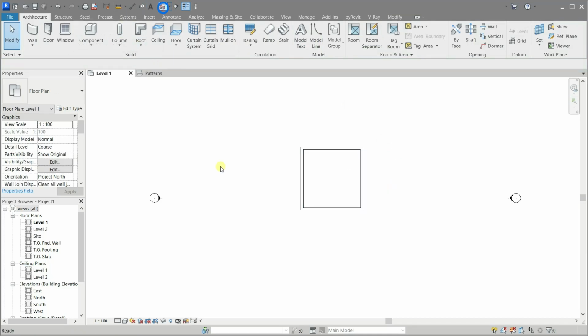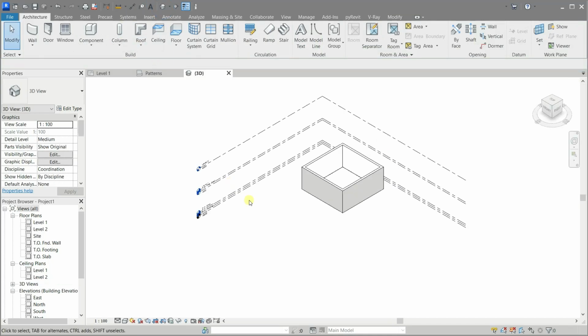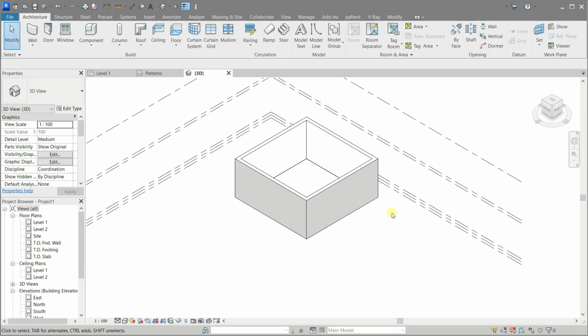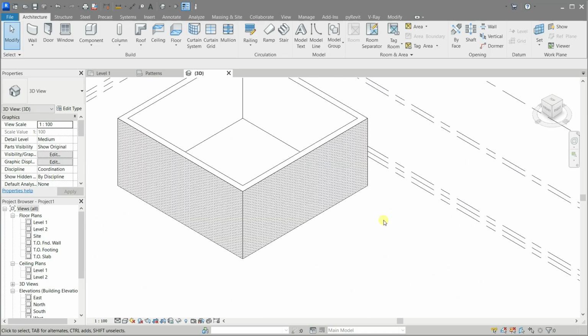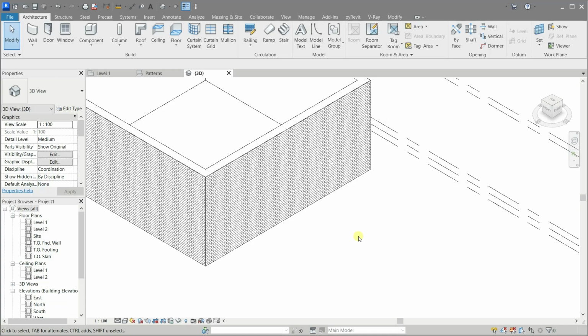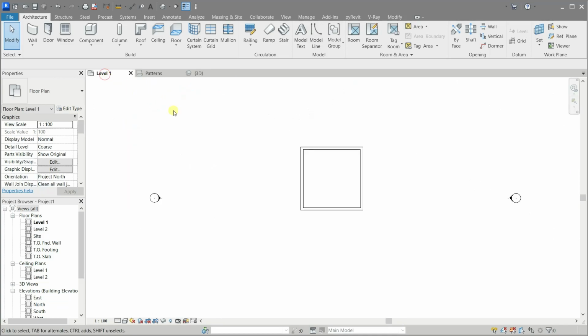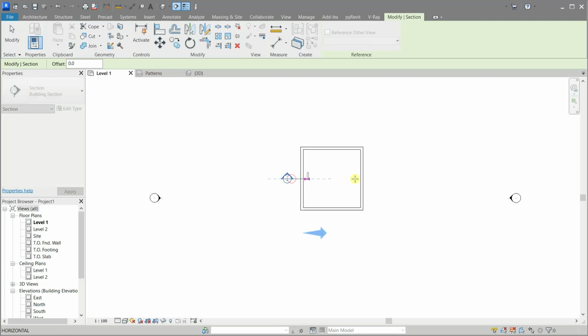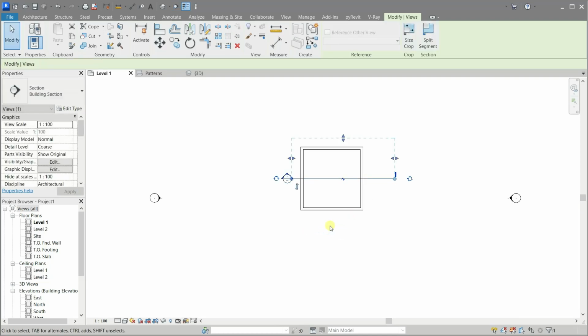Let's see it in the 3D view. I'll make a section and start to demonstrate what I'm trying to do.